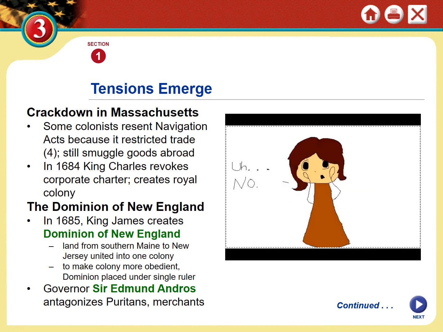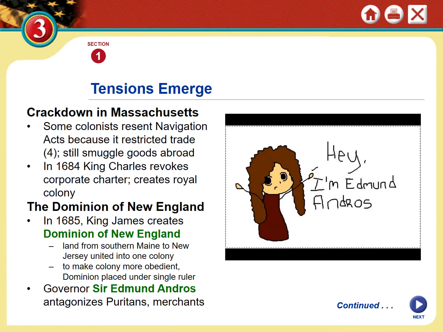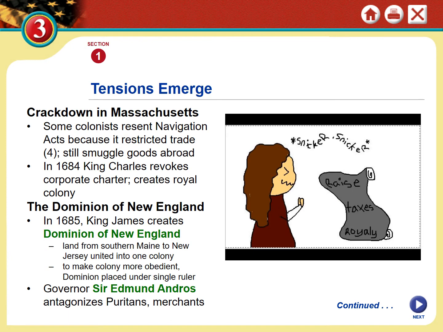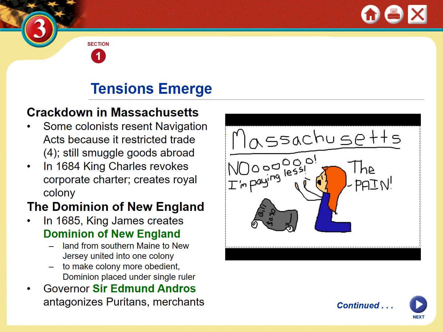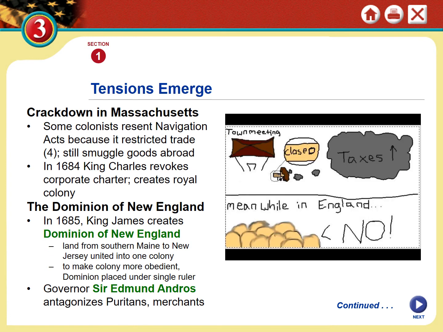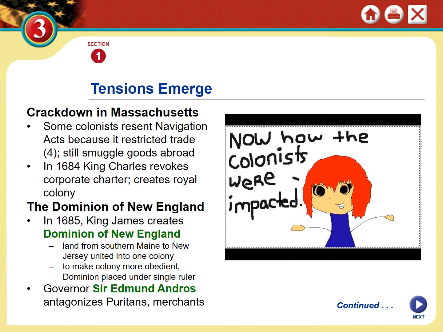You know, it's one of those weird things about laws. If you pass a law that's unpopular, people are going to find ways to break it. The navigation laws were unpopular. There were markets in France and Spain, and they were also willing to pay for these colonial goods. In some cases, they were willing to pay more. All you got to do is get the goods over there. Well, we're talking about a huge open sea, 10,000 square miles. That's a lot of sea to be able to run through. And so the process of colonial smuggling dates back to the Navigation Acts.